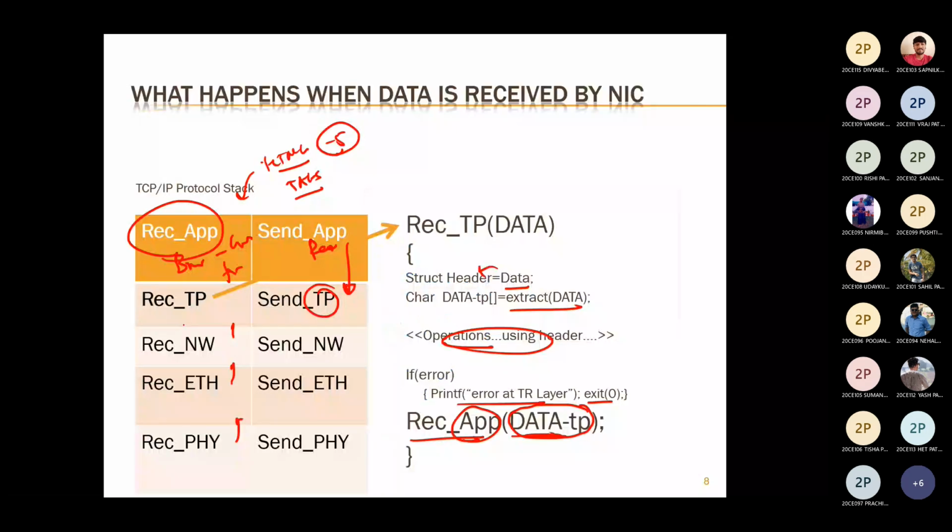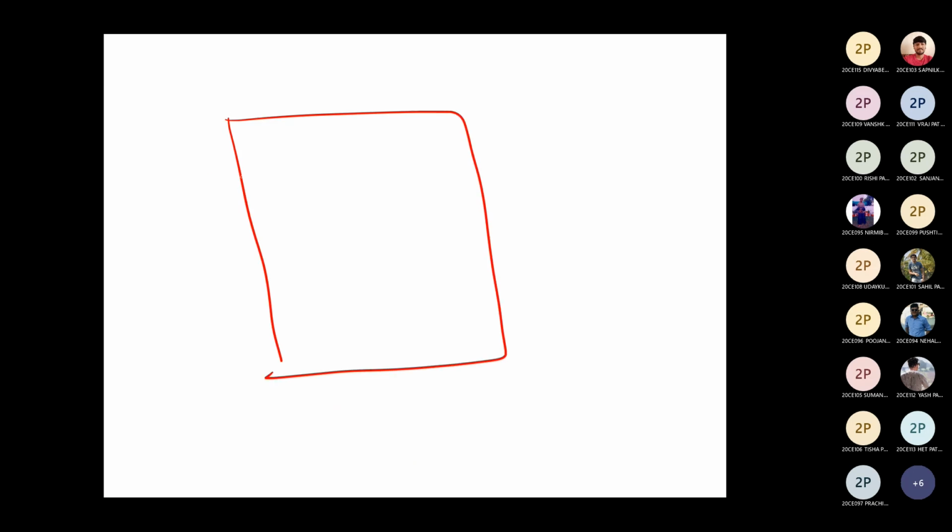Is it clear? Yes. So, sir, now we are at the transport layer. Our practical 8 and practical 9 we are discussing with respect to the transport layer. So in the transport layer, this is the protocol stack. This is the application layer, and this is the transport layer. This is the in stack, and this is the out stack. This is the transport layer of in and out.